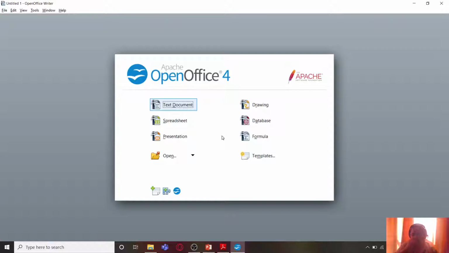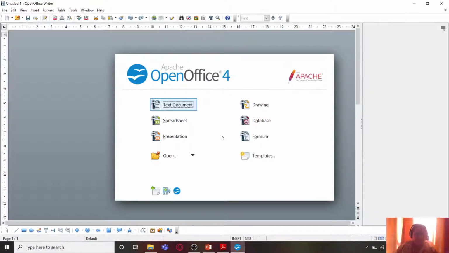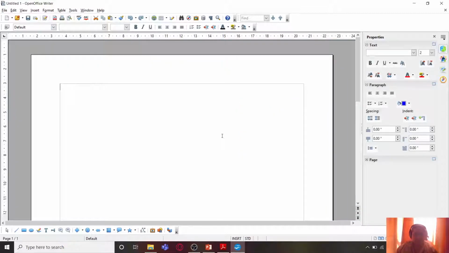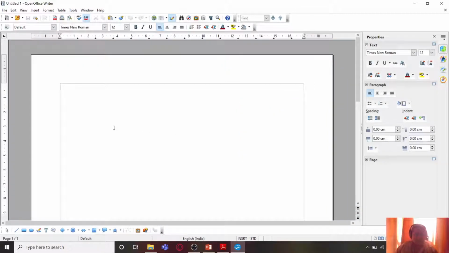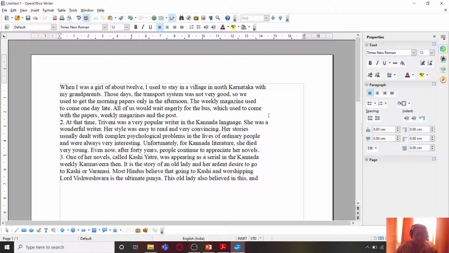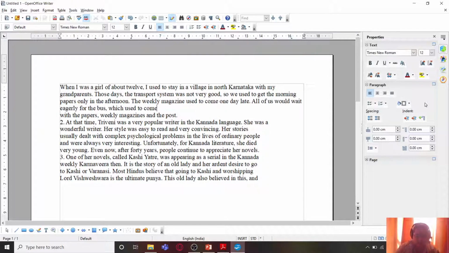We'll be waiting for some time for it to open. So now this text document is opening, and now I'm simply going to paste it. So I'll go to Edit, Paste Special, and Unformatted Text. So it is pasted over here, and I'm going to remove the extra paragraphs as I had done before.